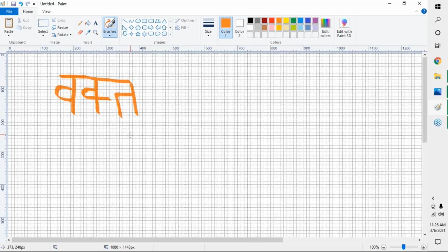Vakt. Now if I have to write this in Sharda Lipi, V is full, then K is half. There is a rule for K which we will learn. Anything below K when it has to be written, we'll come to that. But T, because it is after the half letter, will be written below. So this is how Vakt will be written.